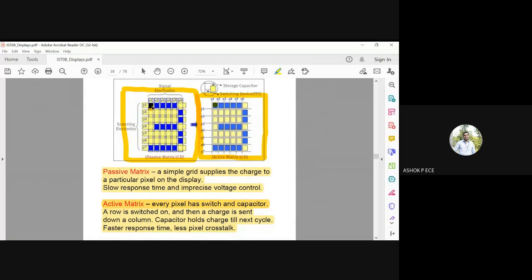Sometimes there is a chance that pixels may wrongly be glowing. But in active matrix, we don't have that issue because which pixel should be turned on is determined by the switch and the capacitor. They will take care of turning on or turning off a particular pixel for displaying.